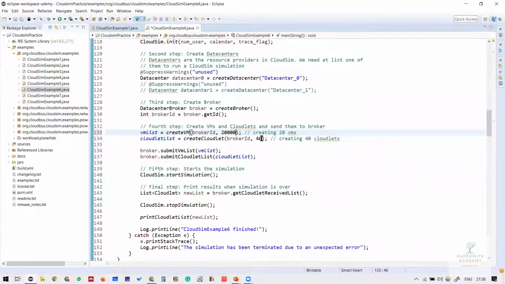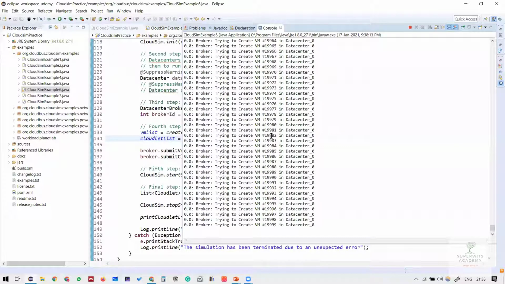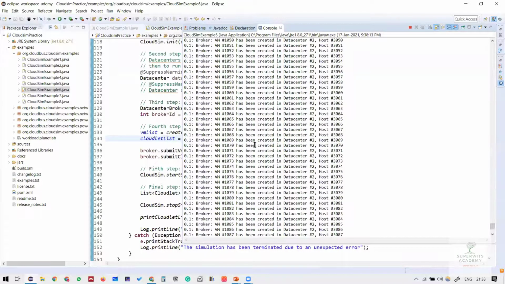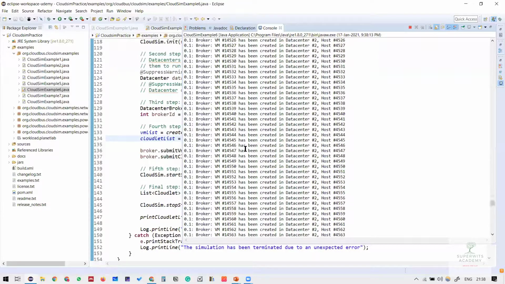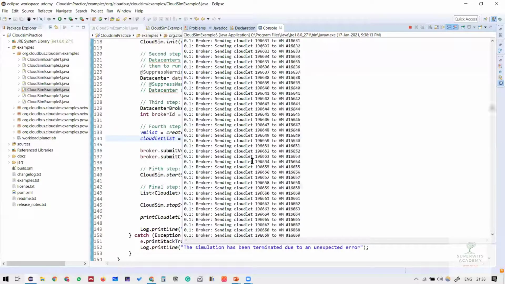Or maybe 20,000, and I'm increasing the count of cloudlets to 4 lakh. So this is just a small change I did in the CloudSim example 6, and you can simply see that we are executing this particular thing, right? So still the console is trying to print, and VMs are being created, cloudlets are being sent. Because the console has a very limited buffer, we cannot see every individual